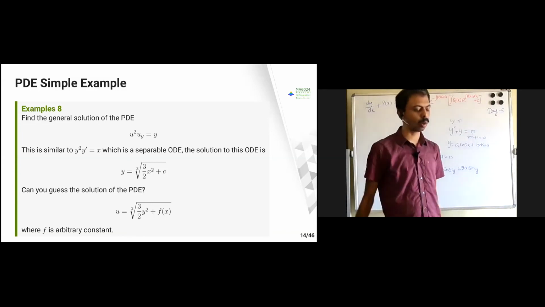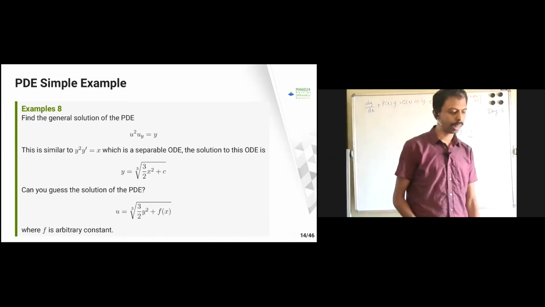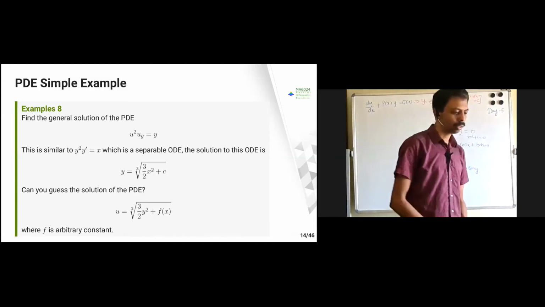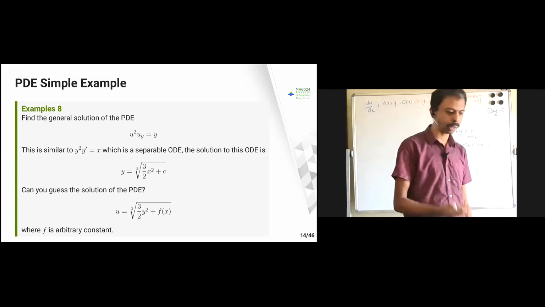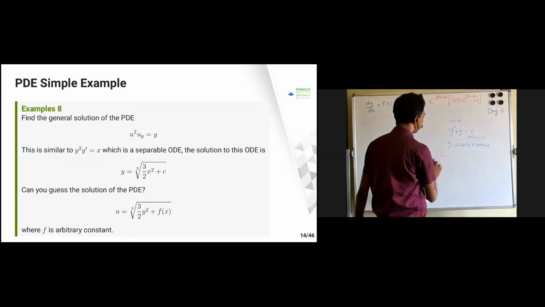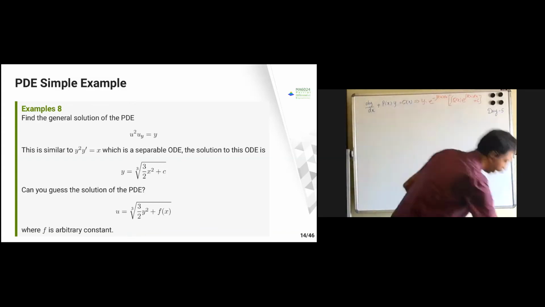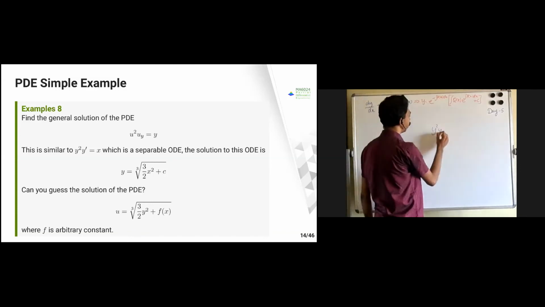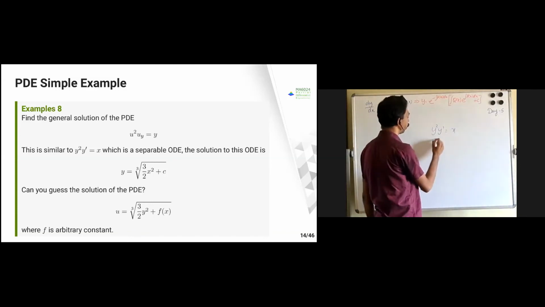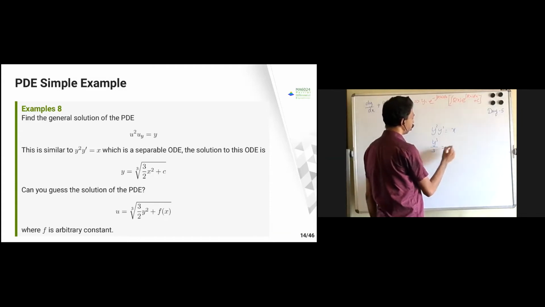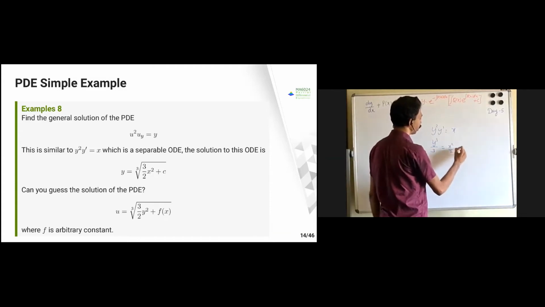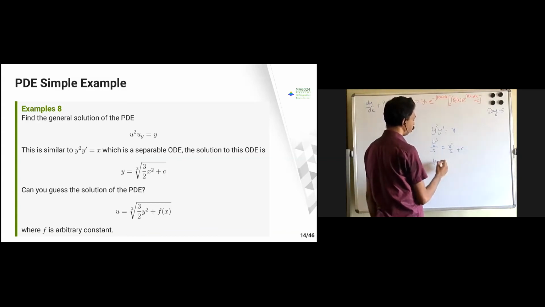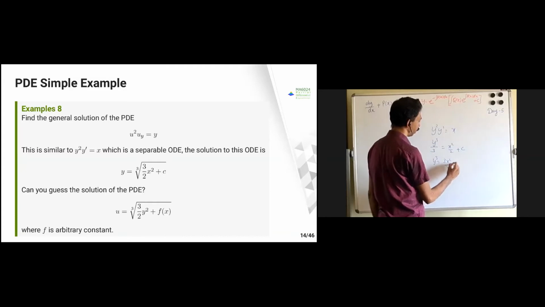Again for the same thing, if you solve that ODE by separation of variables, u cube by 3 will come, and that side is going to become x square by 2. So you put the 3 on the other side, so 3 by 2 x square will come. Very simple one. So you have y square y dash equal to x. I integrate that, and this is going to become y cube by 3 equal to x square by 2 plus some constant. So I can write this as y cube equal to 3x square by 2 plus c. Then y is nothing but the cube root of 3x square by 2 plus c.